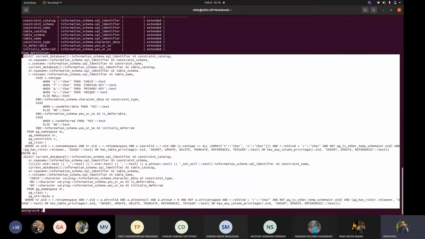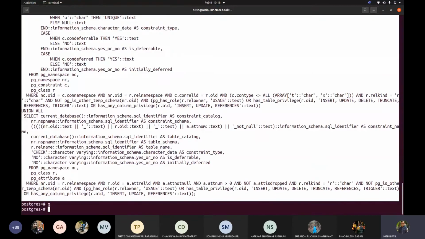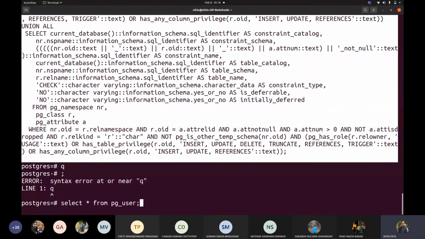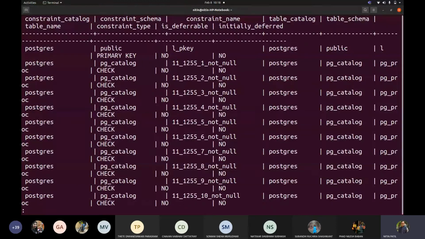And if I try to search now from this schema, okay, so let us type information schema table underscore constraints. Okay, so you will see these are added.